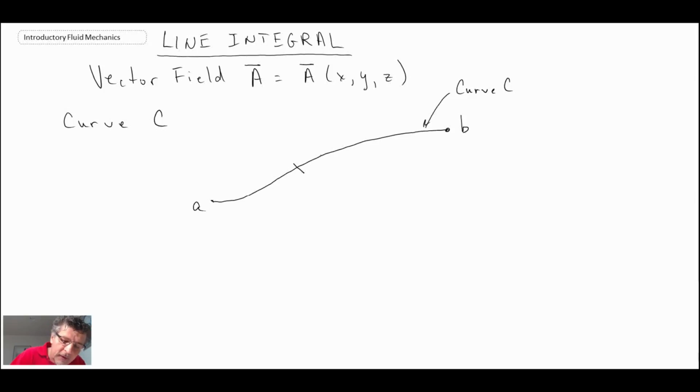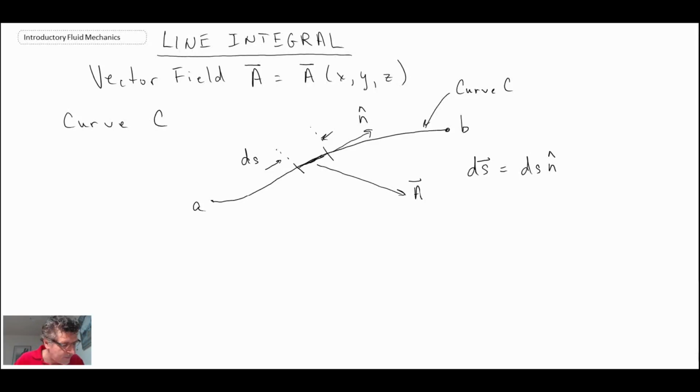And along that curve, we will have some differential element ds. And there will be a vector in the direction of ds. I'll put a unit vector n. And over this differential element, let's assume that our vector field A is this, so it has some value over that small differential element. And let's write ds in terms of a vector. So ds written in vector form would then be the scalar value multiplied by the unit vector that we set